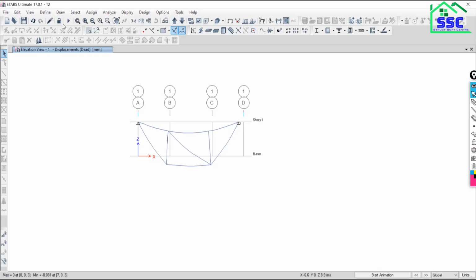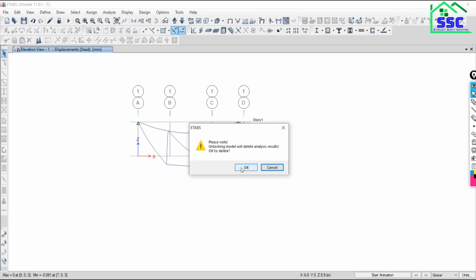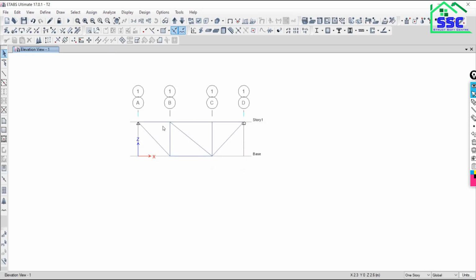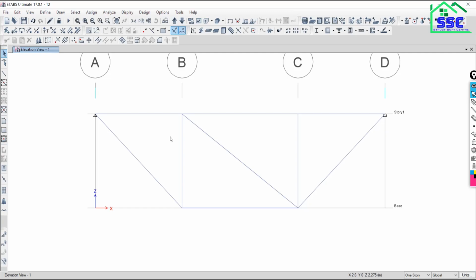Got it? So just unlock the model, say OK. If we have to make any change in the existing model, you first unlock the model. Unless and until you unlock the model, you will not be able to make any change in the model, once it is analyzed.